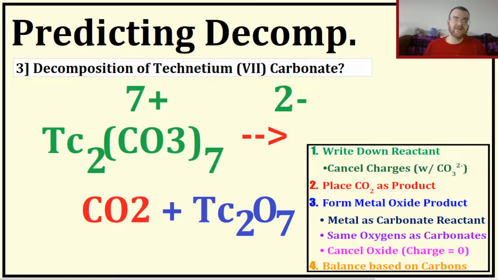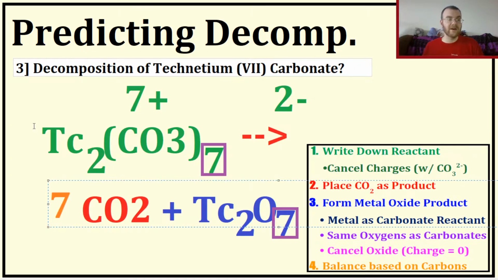The number of carbonates sets the number of pretty much everything. So the fact that there is 7 carbonates here meant that there was 7 oxygens here, and what it's also going to give us is 7 carbon dioxides. And when we put those 7 carbon dioxides where it's supposed to go, we will see that there is 2 technetiums on both sides, the reactants and the products, 7 carbons on the reactants, 7 carbons on the products,